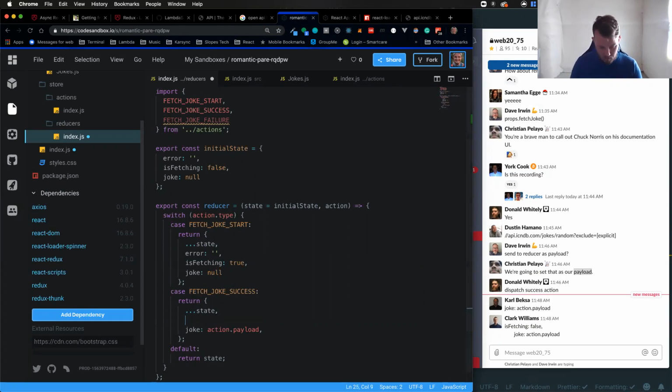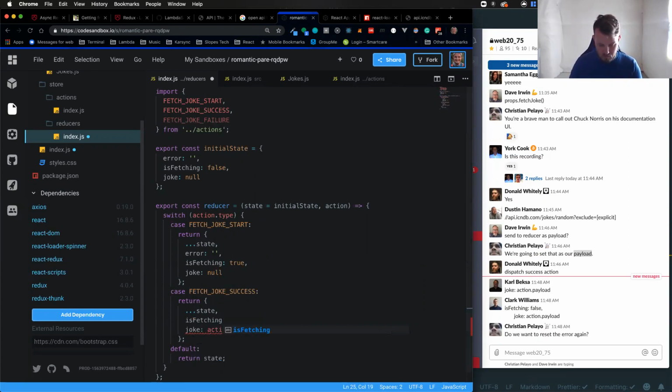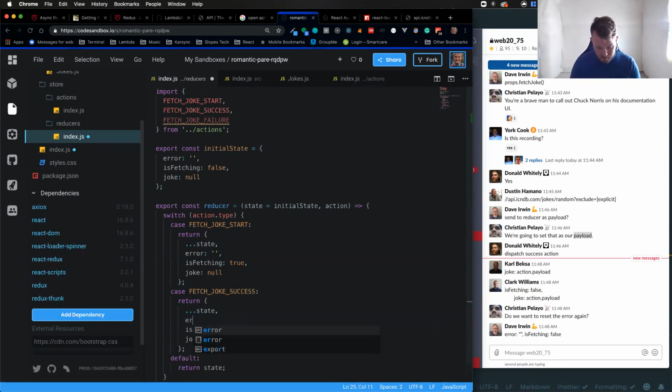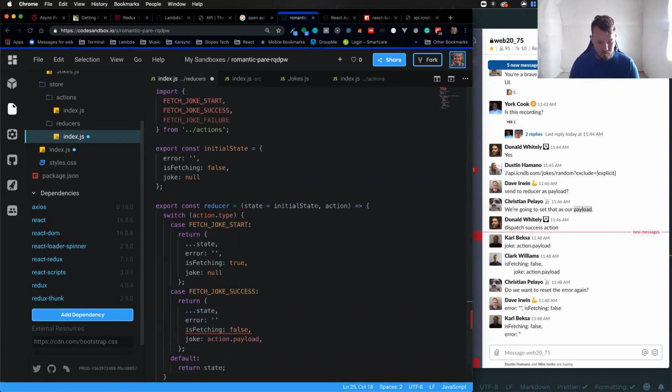Is fetching is false. Awesome. And error. Yes. Good job. That handles all the possible states we could be coming from, right? And it sets up the correct state for when we successfully fetch a joke. I think this is actually going to work because